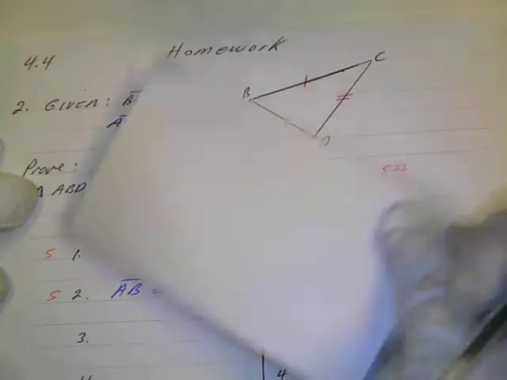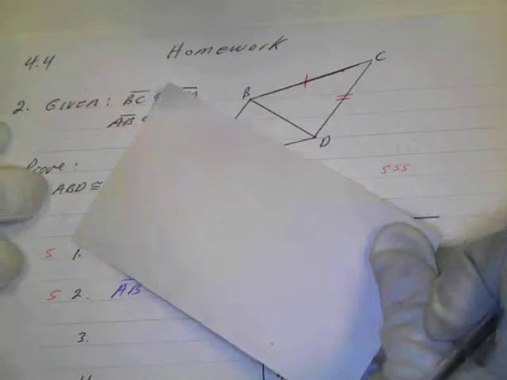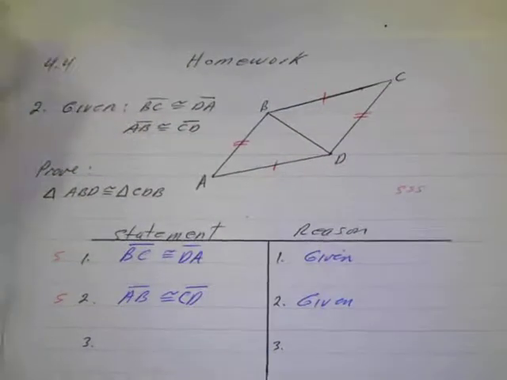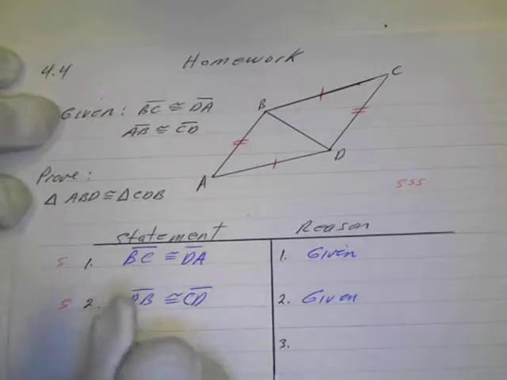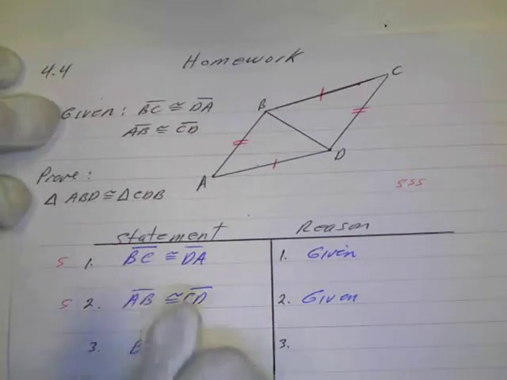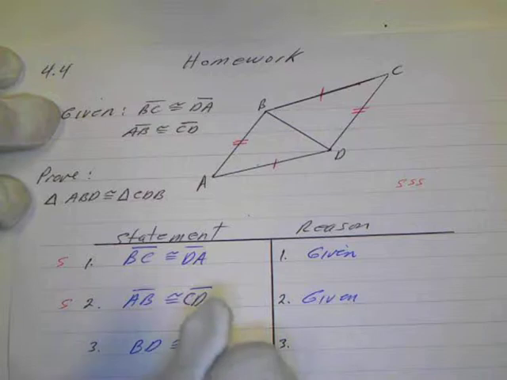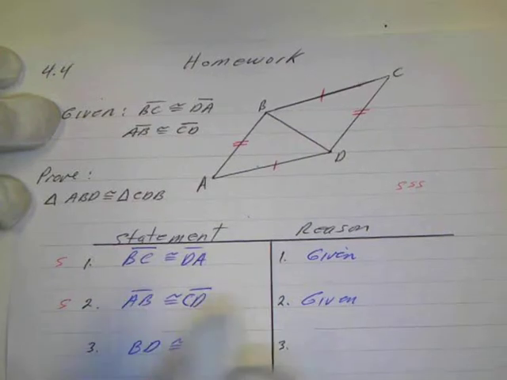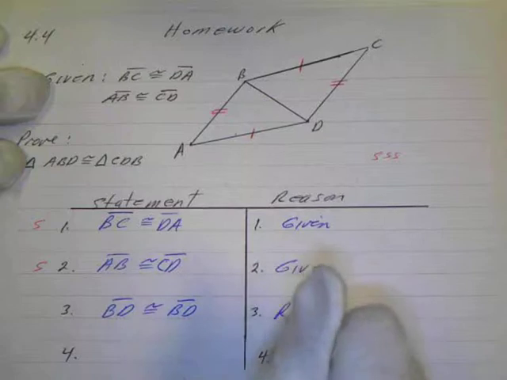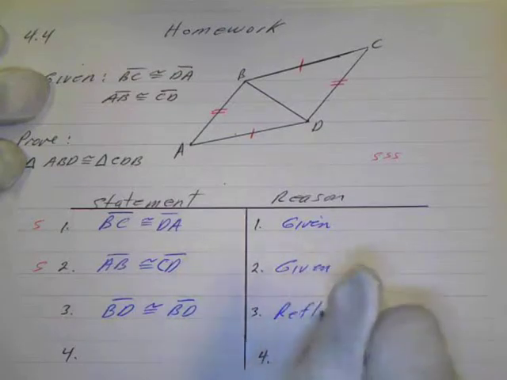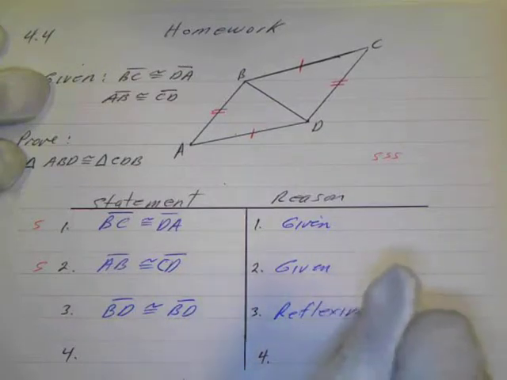That's a common side, so it's in both triangles. It's congruent to itself by the reflexive property, so that's going to be our third side. So we would say that BD is congruent to itself, BD, and that's by the reflexive property